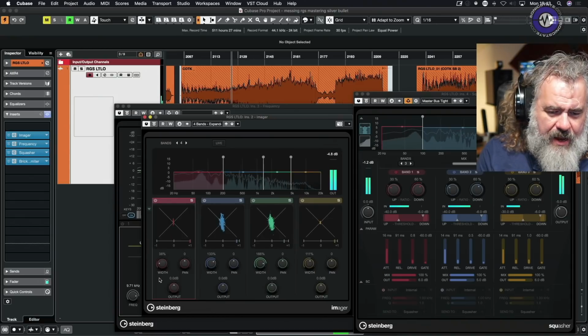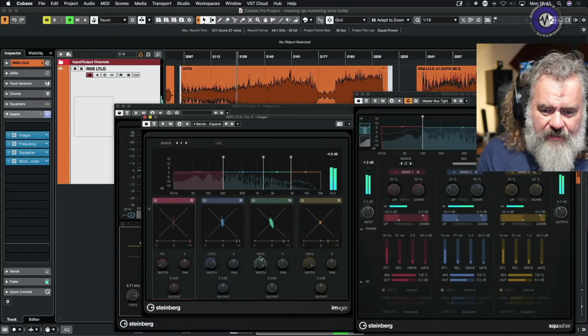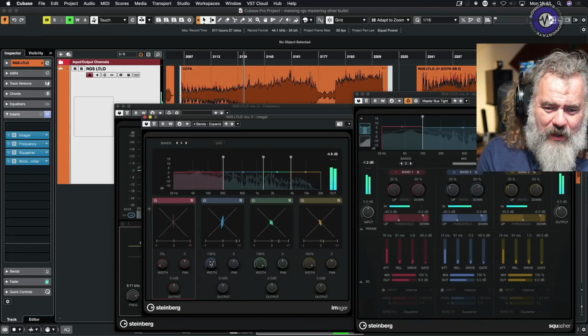Like I can make the bass mono all the way to the left here, make it really wide in the top end, bypass. Yeah, well, that's way too much, really. But